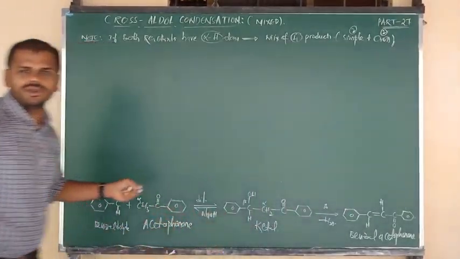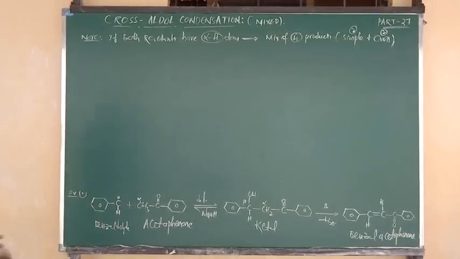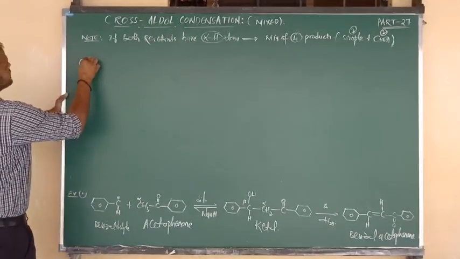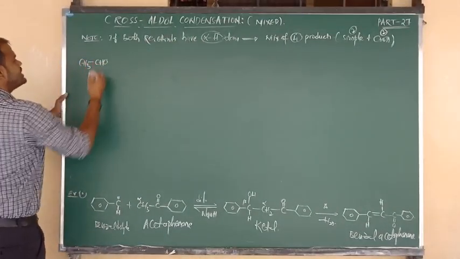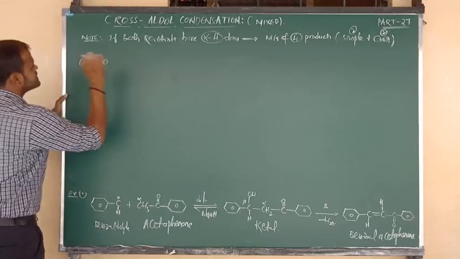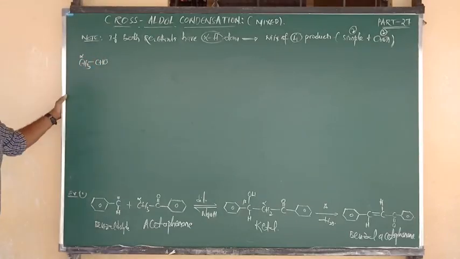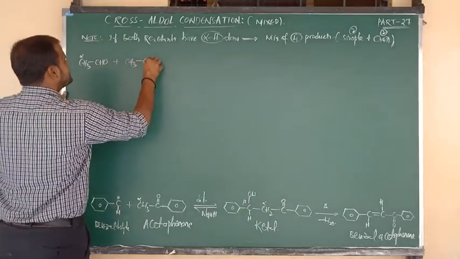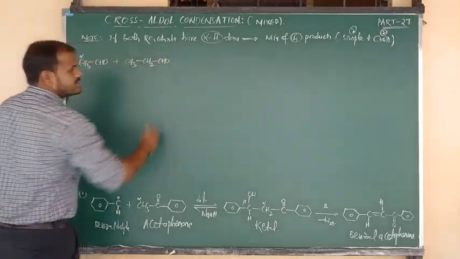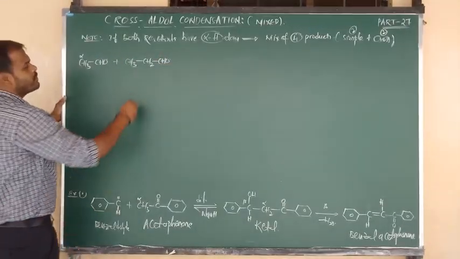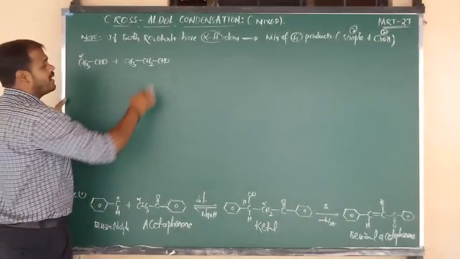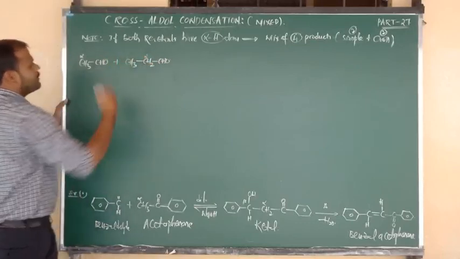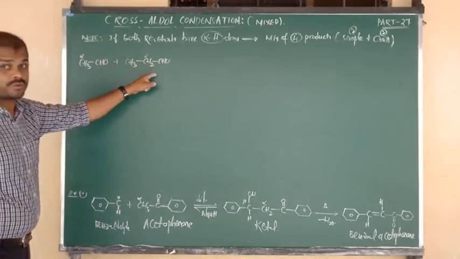Yes, now I am going to show the reaction. By taking what I told you, beta, both the reactants should contain alpha hydrogen atoms. So let me consider, for suppose, acetaldehyde, CH3 bonded to CHO, the functional group is CHO, adjacent is alpha. Next example I am going to consider is propionaldehyde, CH3 bonded to CH2, CH2 bonded to CHO. What is the name of this compound? Propionaldehyde, and also simply we can say propanal. Functional group, adjacent is alpha, alpha adjacent is beta. But we don't need to consider the beta. Focus should be on alpha only.